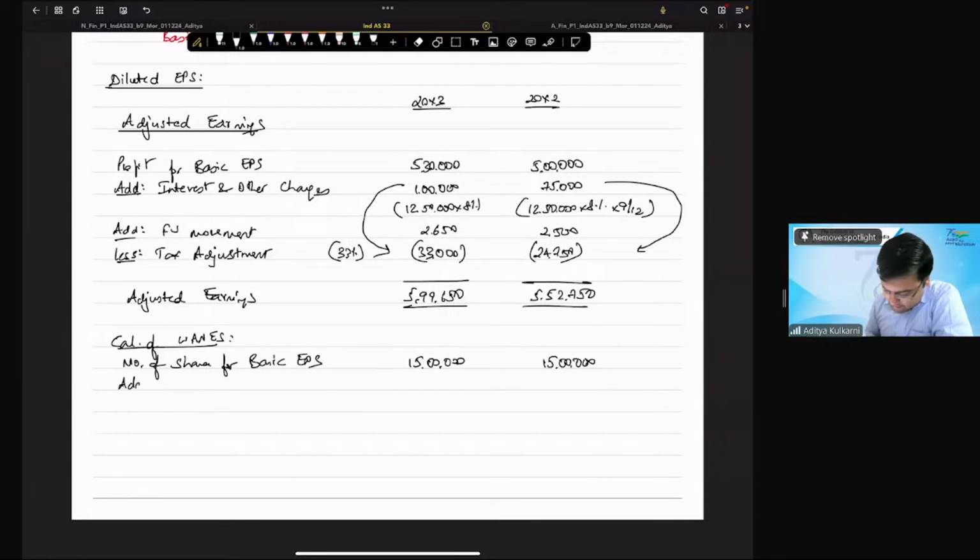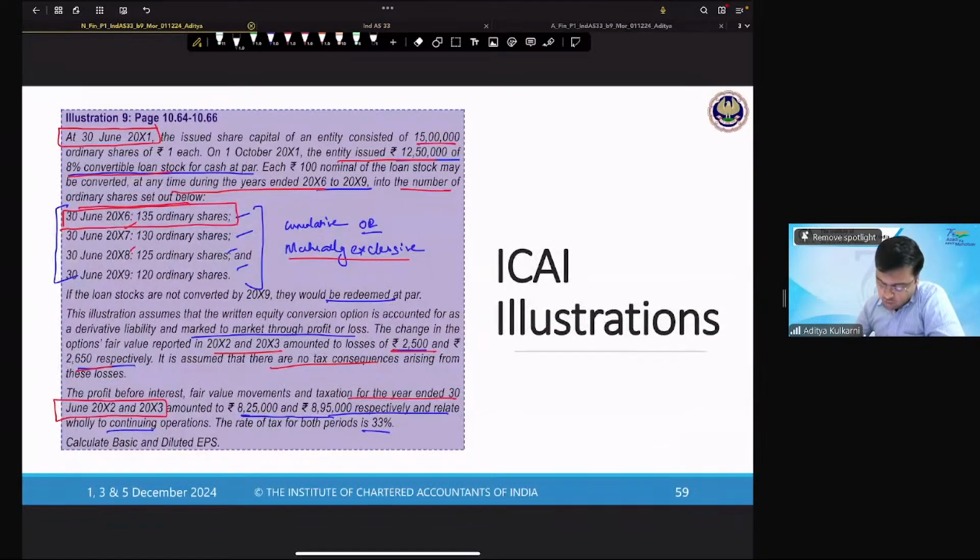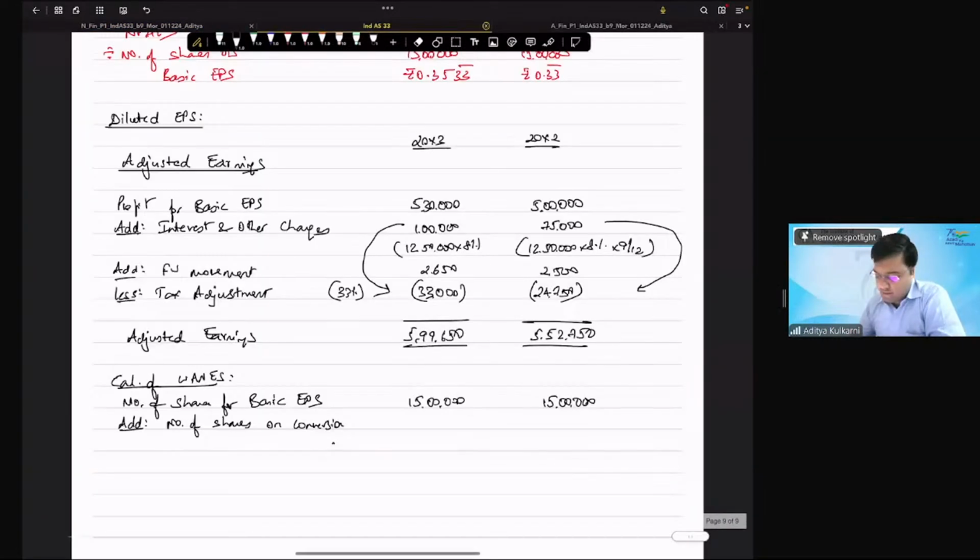Add number of shares on conversion. How many shares are they getting converted into? 135. We will assume the conversion happens to the maximum. So